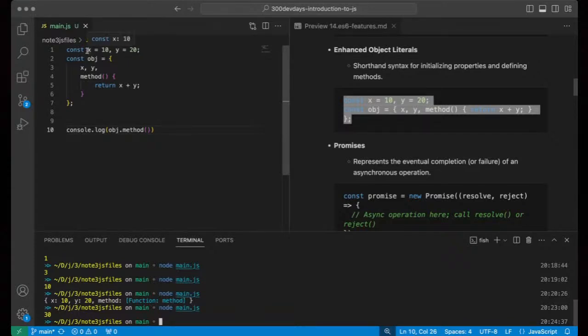And you see we actually use a single line for doing our definition, right? So const x equals 10, y equals 20. So we actually define the variable and initialize it right there. Two variables, of course we can even have more, right? And then we simply pass that value into the object. Within the object itself, we perform the mathematical operation within the method, right? So once we call the object's method, it basically takes that input, which is 10 and 20, and it will proceed to perform that computation, thereby giving us the output of 30.